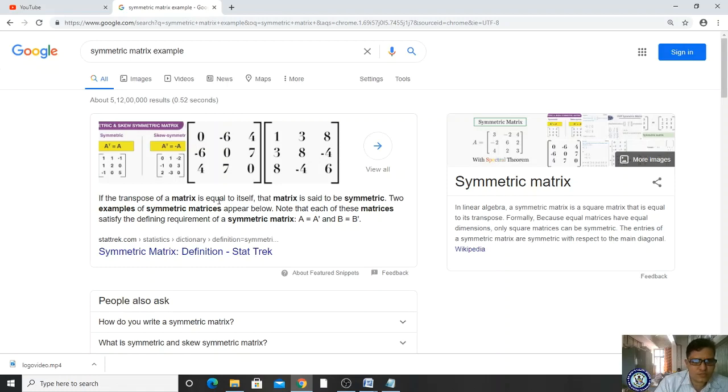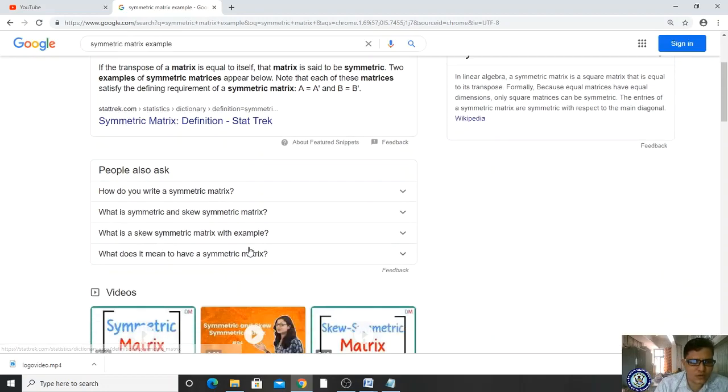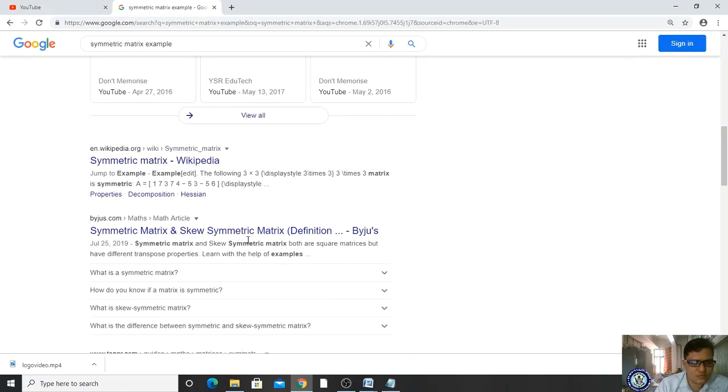If the transpose of a matrix is equal to itself, please observe here. If you transpose, row becomes column and column becomes row. Even if that is done, if it is the same, then it is called a symmetric matrix.